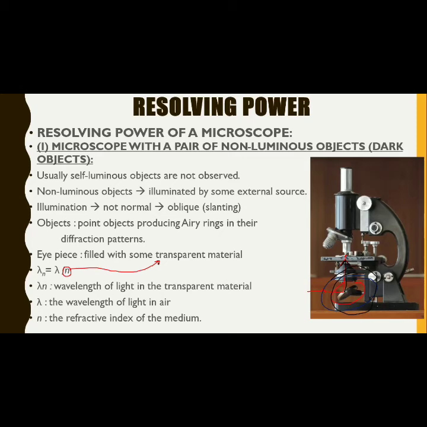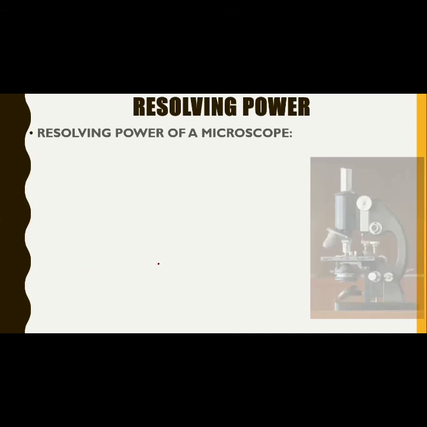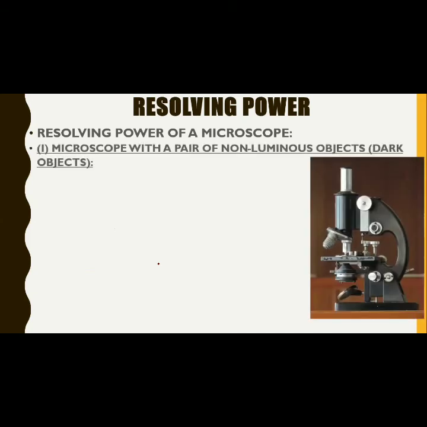Fourth point, the eyepiece is filled with transparent material, giving us the wavelength as lambda n, n being the refractive index of the medium. So in this particular setup, if we consider the path difference of the first dark ring,